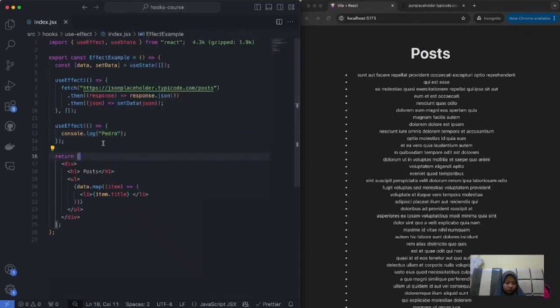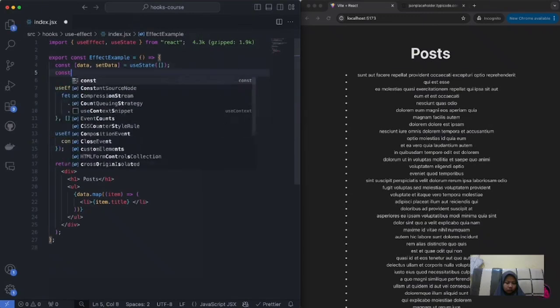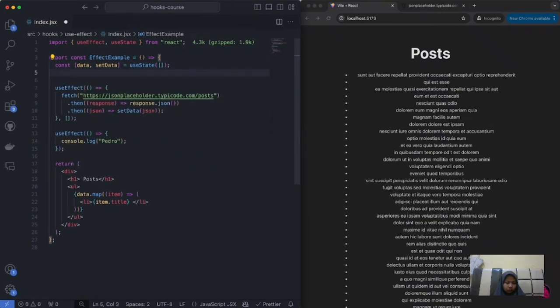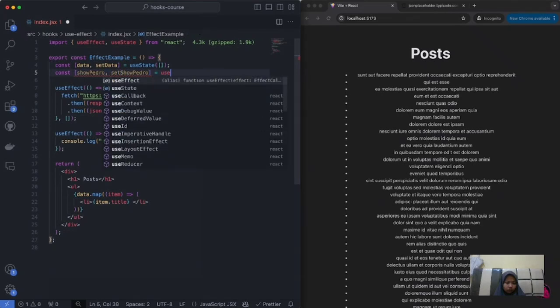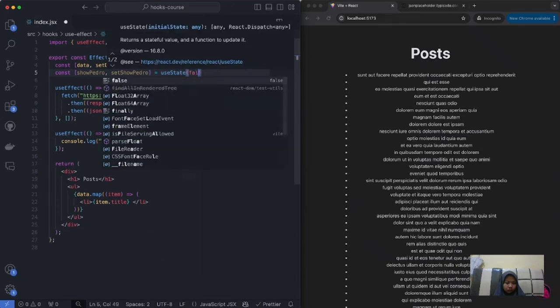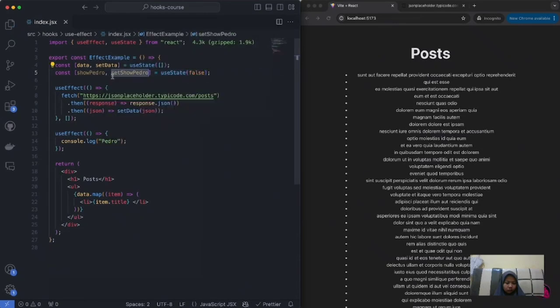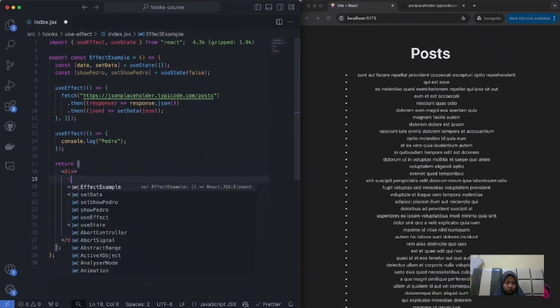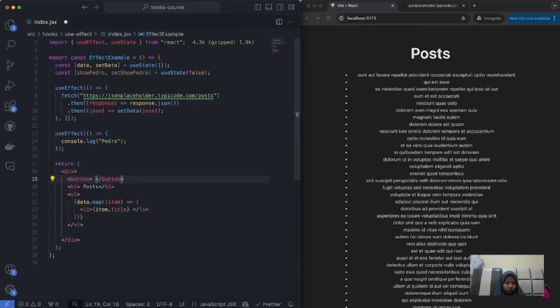Now, what will this do? Well, I want to console log the name Pedro every time another state changes. Let's create another state over here. Let's call it something along the lines of showPedro and setShowPedro. This will be a Boolean, so it will start as false, but it doesn't really matter, because all we want to do is, whenever I click on a specific button that I will create over here at the top as the example for you guys,